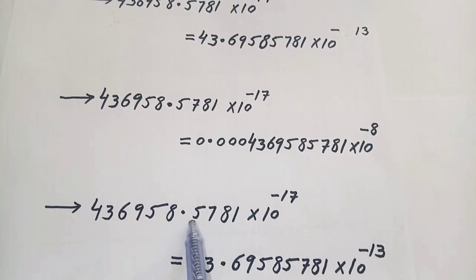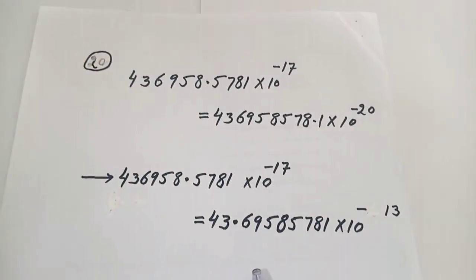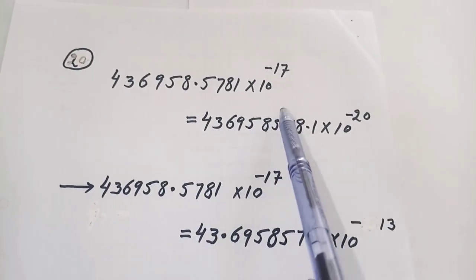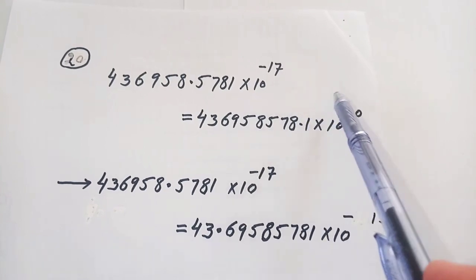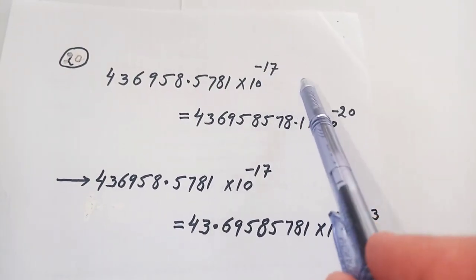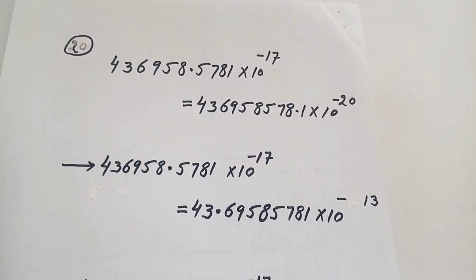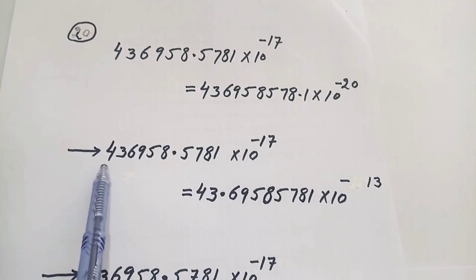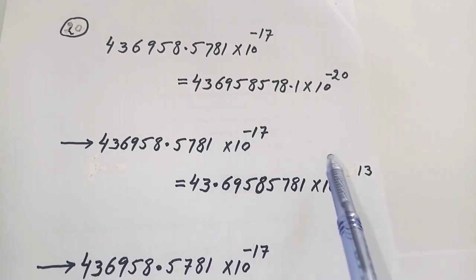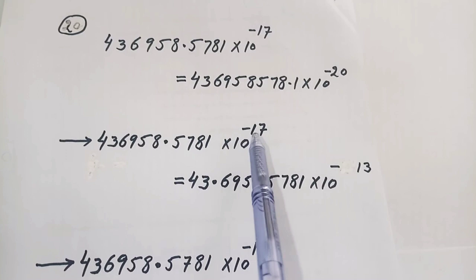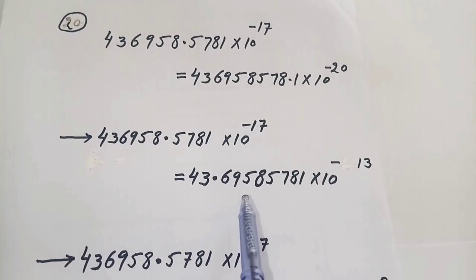तो नेगेटिव पावर का असूल ये है कि पॉइंट उधर जाएगा, ये देखें पहले केस में पॉइंट उधर जाएगा तो ये नंबर 17 बढ़ के 20 हो गया, यानी -17 से -20 में बदल जाएगा। और अगर पॉइंट इधर आएगा तो ये नंबर 17 कम होकर 13 पे आएगा, तो पावर -17 से -13 पे आएगी।